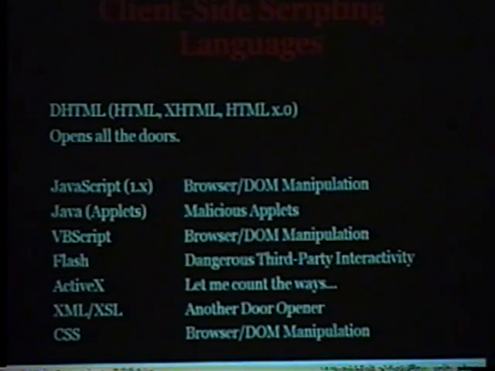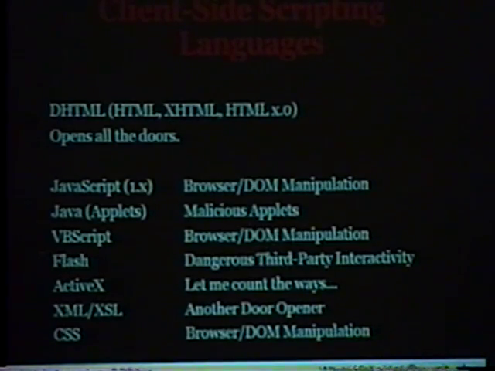Then there's XML and XSL, not too implemented yet on the client side of things, but XML and XSL are definite door openers once again. So as browsers or any HTTP client starts to implement XML, there's going to be a whole new range of problems.